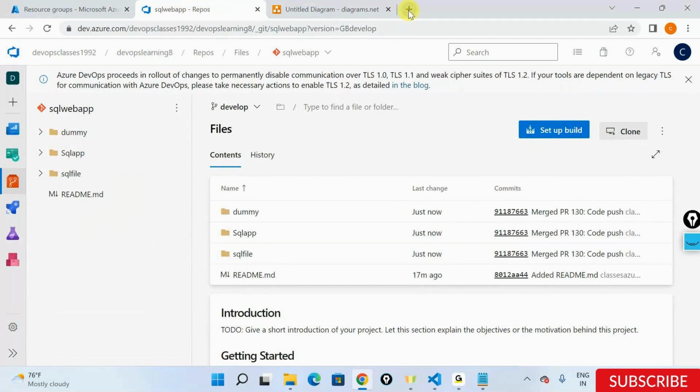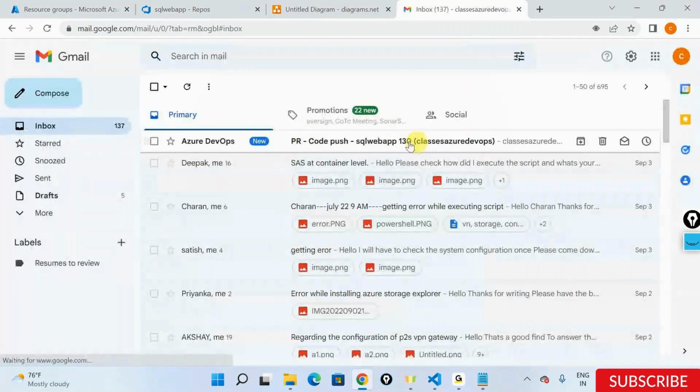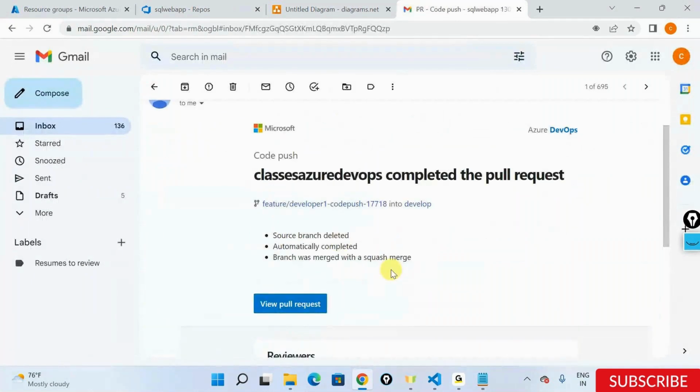And once I come here, I would also look at this. If you go into the email just to cross verify the same thing, it's now waiting for that particular PR. So for emails, it will take some time. It will go ahead and take some time to come in from the time the